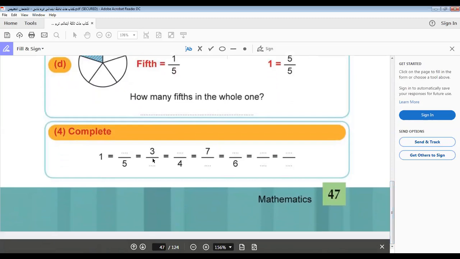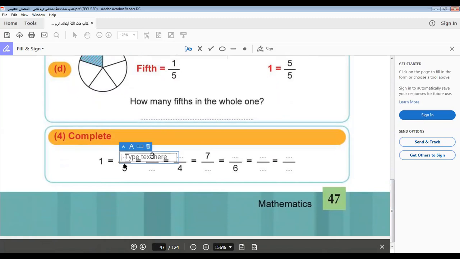Question number 4. The whole one. As you know, we said 5/5 or 4/4. So the number above the line is just like the number below the line. 5/5 gives you 1. For example, if you have 5 pounds and you divide it among 5 friends, each one will get 1. So 5/5, or